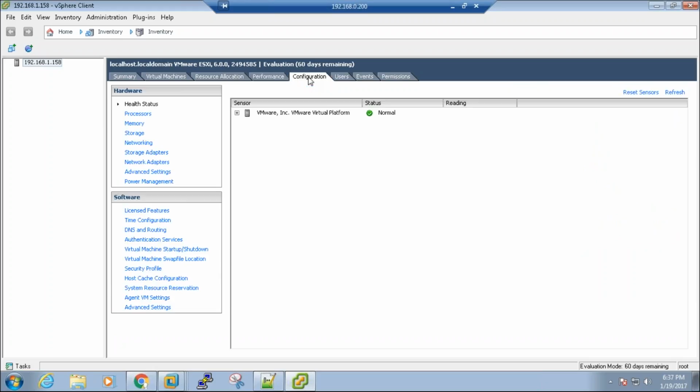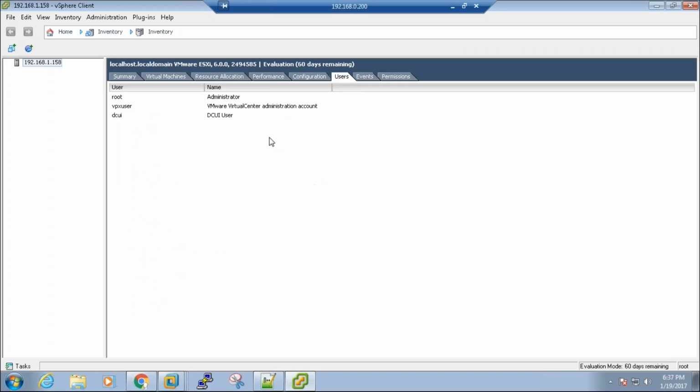The configuration tab is one that administrators use very often to do any kind of configuration at the ESX server level. So I would request you to be familiar with all these tabs and what options can be found where. Users are the local users of the ESX server, but we never create any local users at the ESX server level.